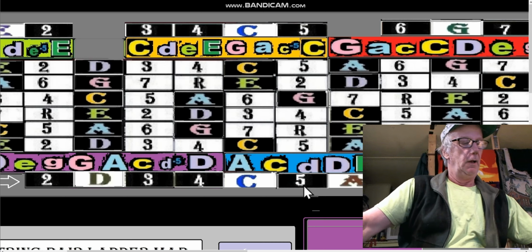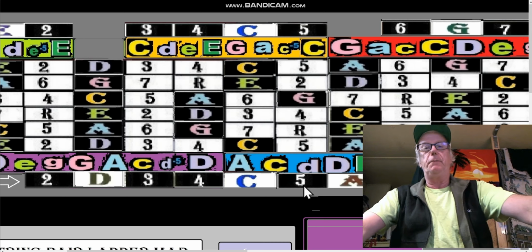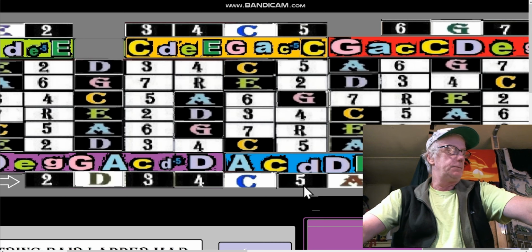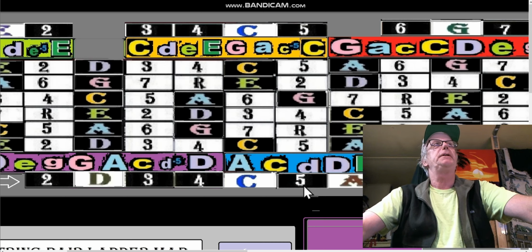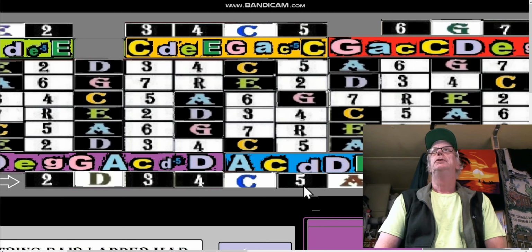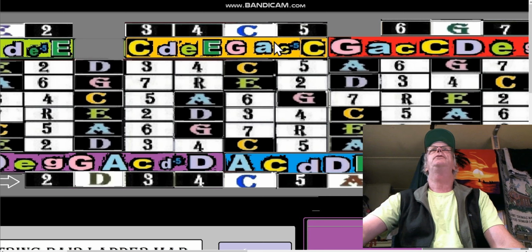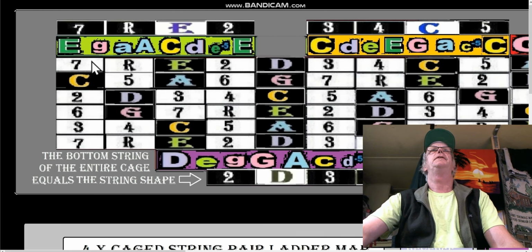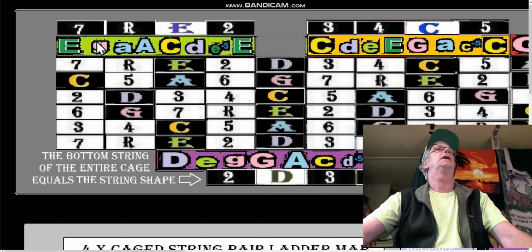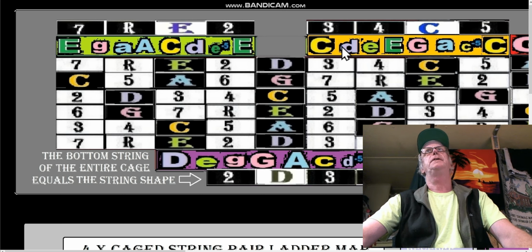Which it was. It's good, because I didn't think I wanted to go with my favorite B flat, which was below the capo. Not going to happen easily. So we're coming up on the end of the first segment here. It suffices to say that the modals are all included in each one of the shapes. They just take on different caged shapes. It's like a shifting thing. So starting on E, you then start to go up the scale, G, A. Starting on C, you go up the scale, D,